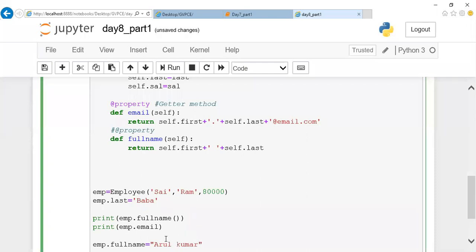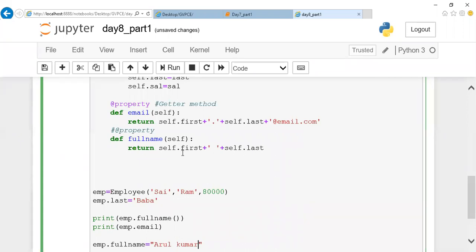Is that possible? Full name is just a method which consists of first name and last name. Arul is the first name and Kumar is the last name. Is it possible to pass a function directly like this?